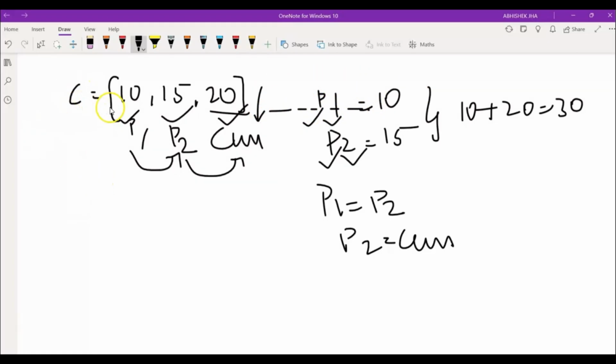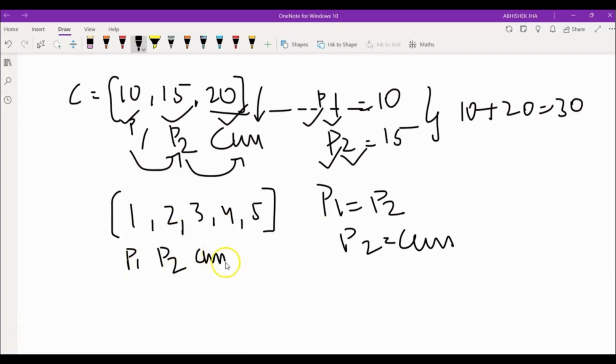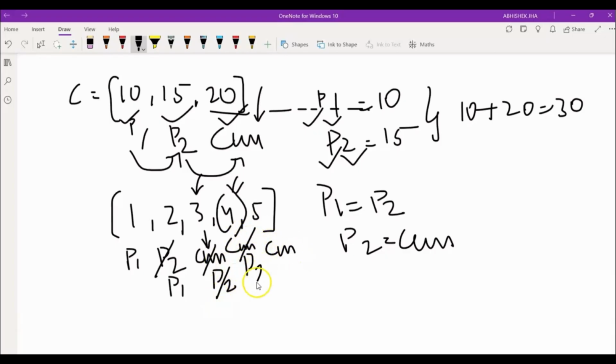So if the size of our cost array is more than 3, we'll take a bigger example where 1, 2, 3, 4 and 5. So this would be our pointer 1, this would be our pointer 2, and we'll calculate this particular state, which would be stored in the current variable. So after calculating the cost for this particular state, we'll move our pointers one step ahead, which is this becomes P2, this becomes P1. So now again we'll calculate the cost for this particular index. So after calculating this particular index, this current moves to the next index, P2 moves here and P1 moves here.